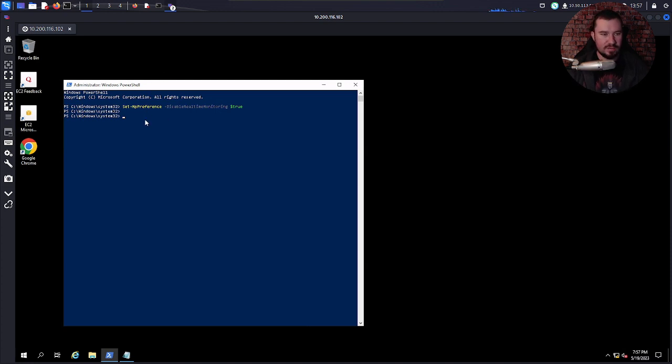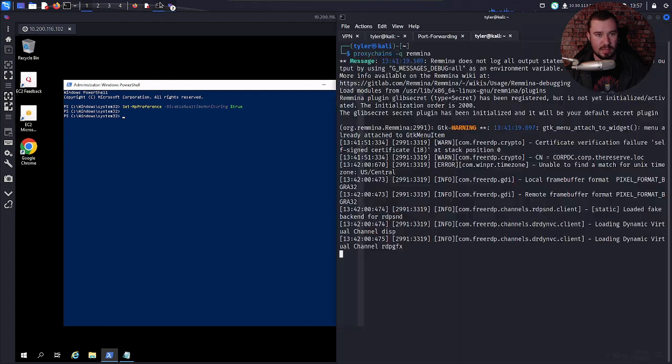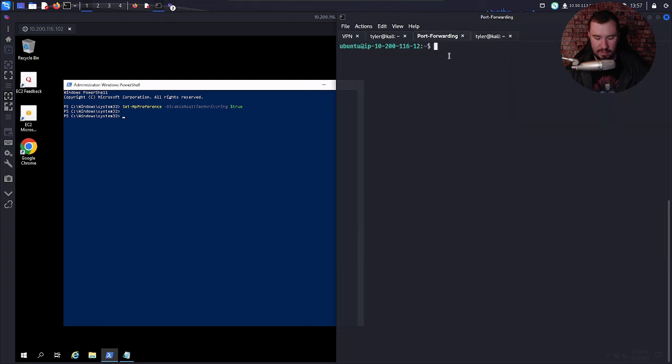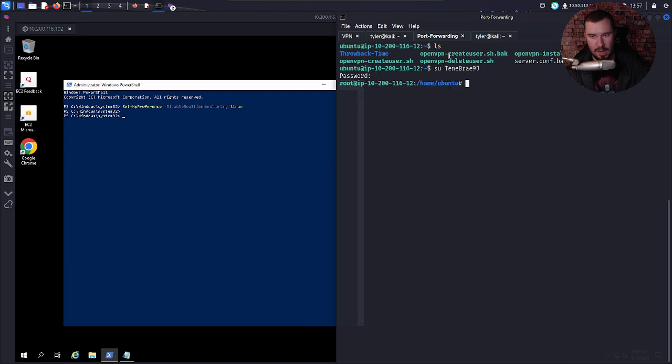Now we should be able to just load Mimikatz. And we need to transfer it over to this system from our attack box. There's a few different ways we could do this. I might just put it on... if I switch user to Tenebrae93, I made my own folder and everything.